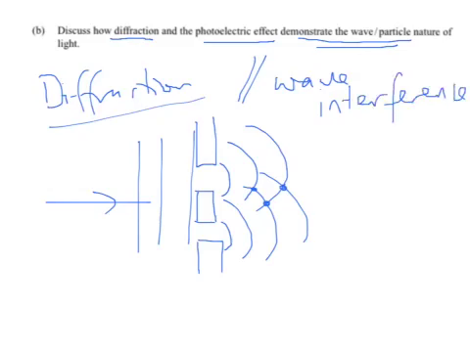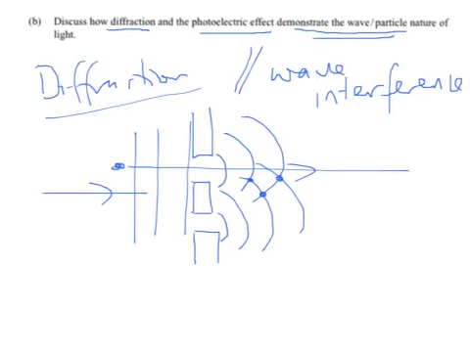If it was a particle, here's a particle, that's just going to pass straight through. Nothing exciting would happen at all. So that's how diffraction demonstrates the wave nature of light. It doesn't demonstrate the particle nature of light because of this. How does the photoelectric effect demonstrate